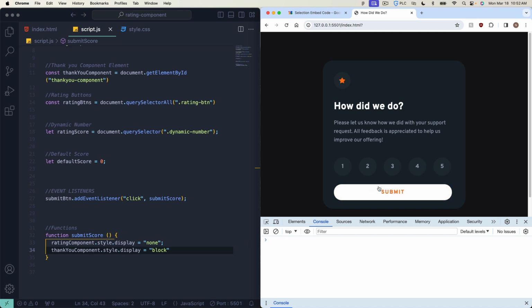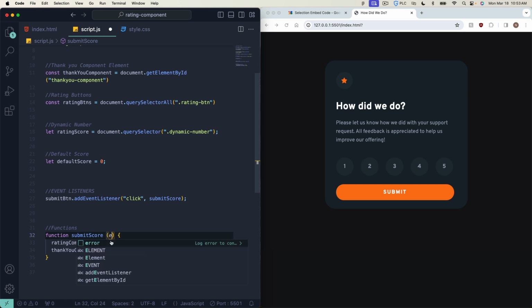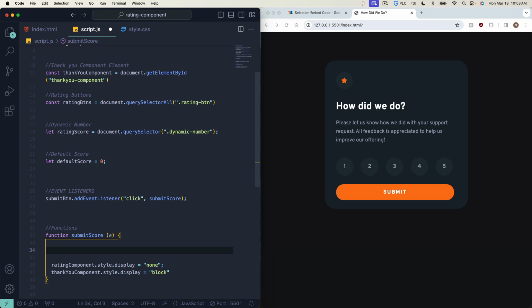So to get rid of that, that's called the default behavior for that button, and we want to get rid of that default behavior. To do that, we're going to use what's called the event parameter. For that, we're just going to put E for event, okay? Now that we have that E in there, we can use this to manipulate the behavior of the button. So I'm going to say E dot prevent